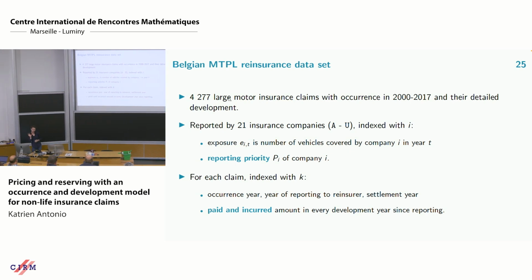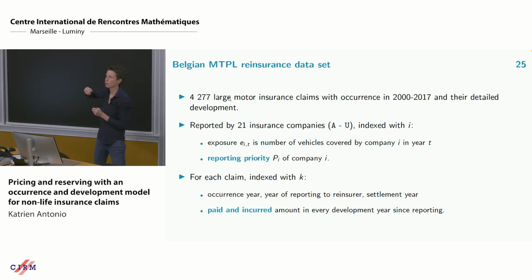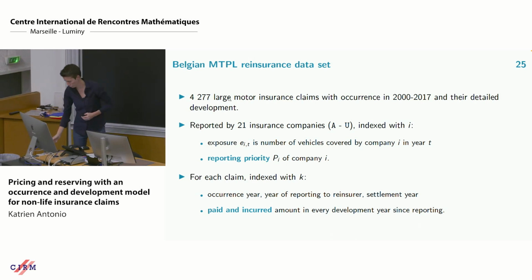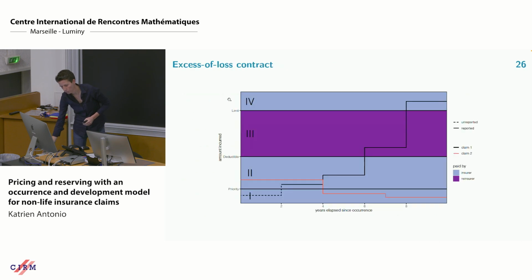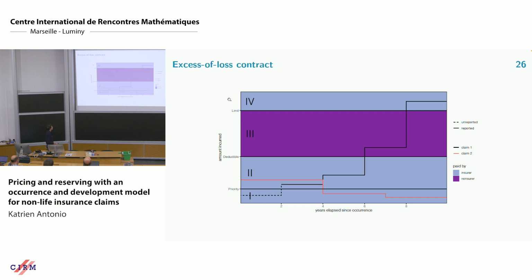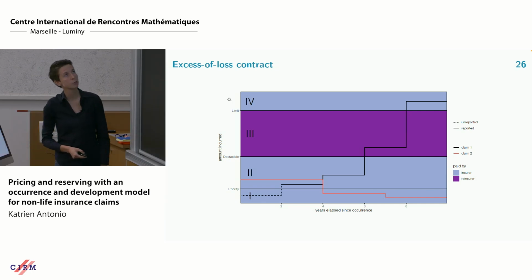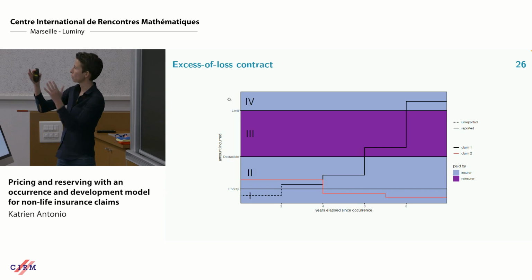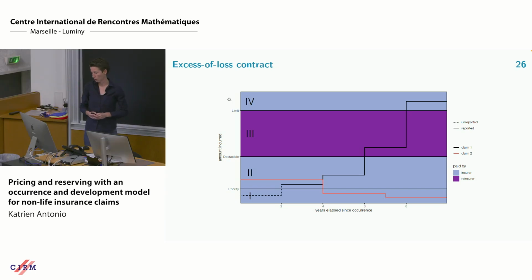So this is a bit peculiar and making the story perhaps a bit difficult. But I'm going to treat those insurance companies as my policies in my occurrence and development model, right? And reporting for me now means the claim exceeds the reporting priority. So it's a bit of a different kind of reporting than what we're used to when we look at main insurance companies. What do we want to do? We want to look at, let's say, excess of loss contracts, do pricing for those contracts, and reserving with that same occurrence and development model that I presented today.